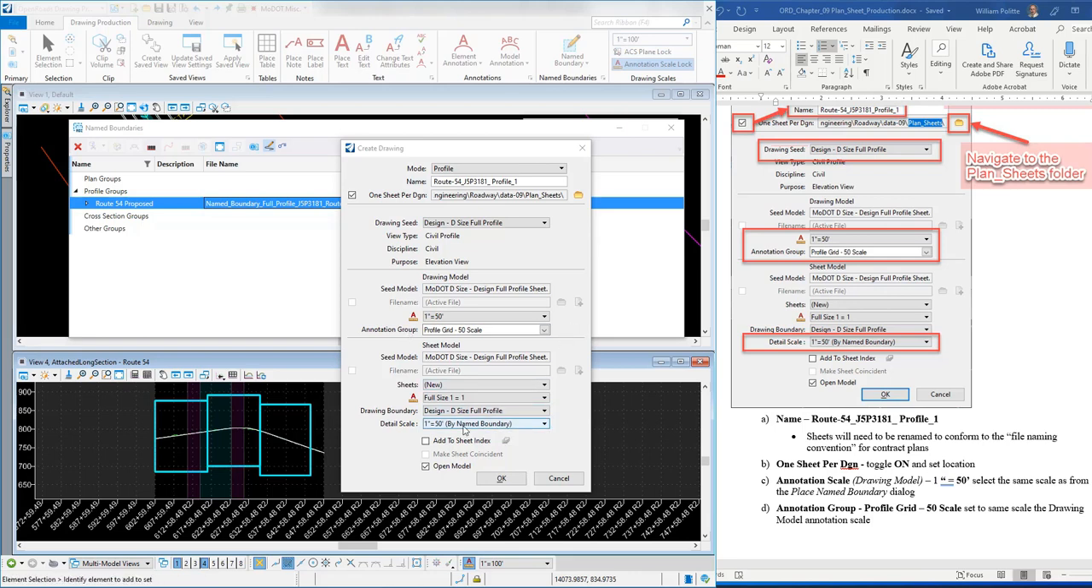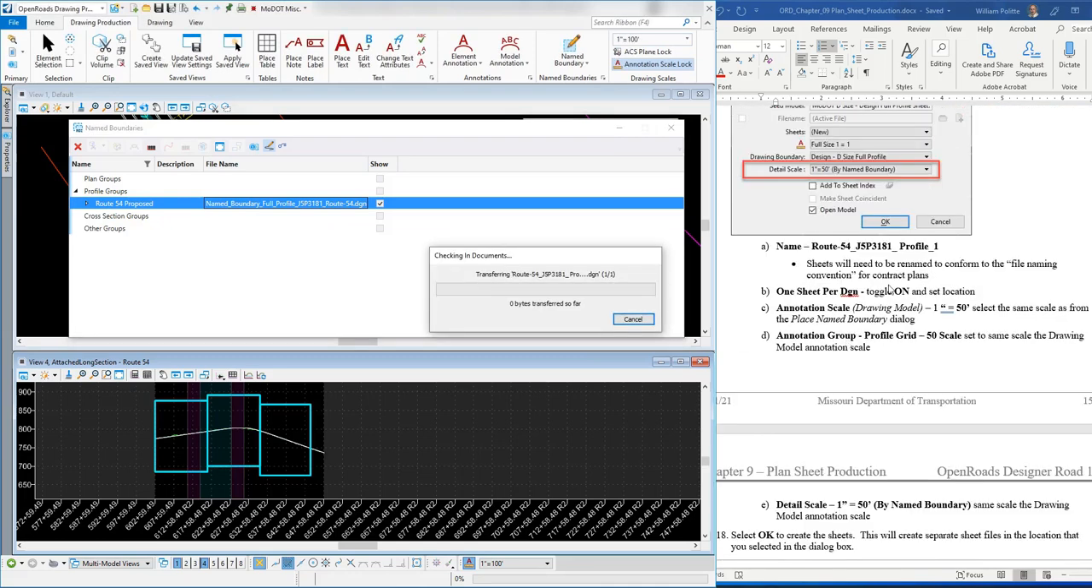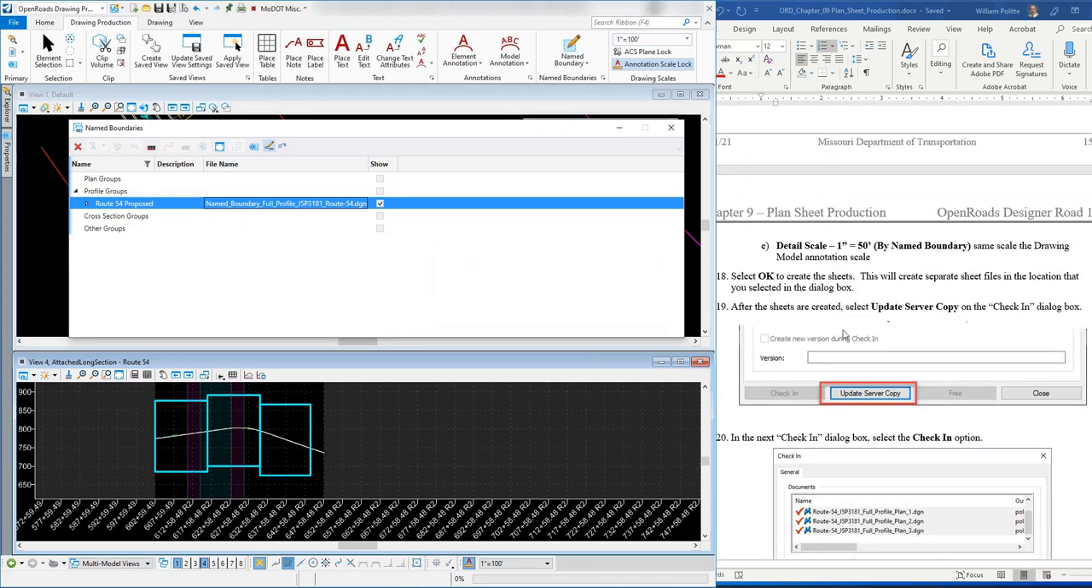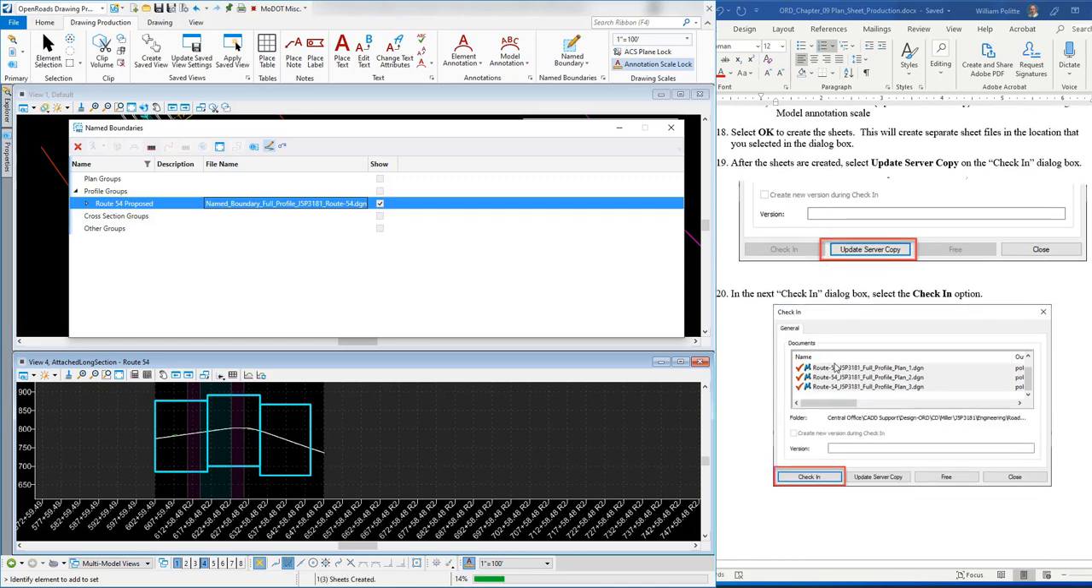The last part is to make sure that this says 1 inch by 50 by the name boundary, which it does, so we're good. And then the last part of it is also the open model. So it'll open the last sheet that it creates. So I'm going to hit OK and let it process through. I can come over here and make sure all that's good. It looks good. It's going to get to a point where we want to update the server copy and then